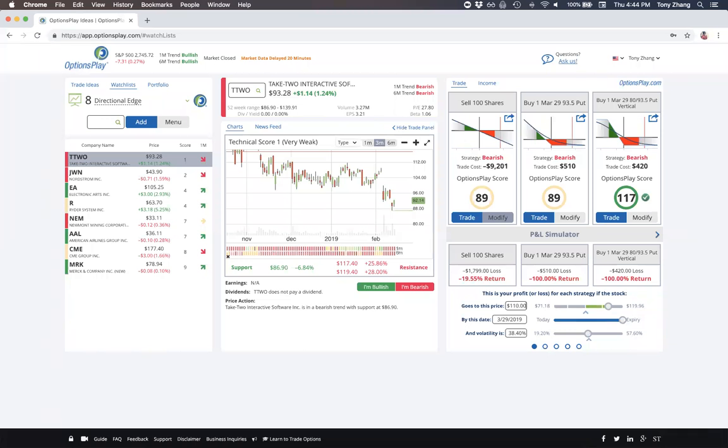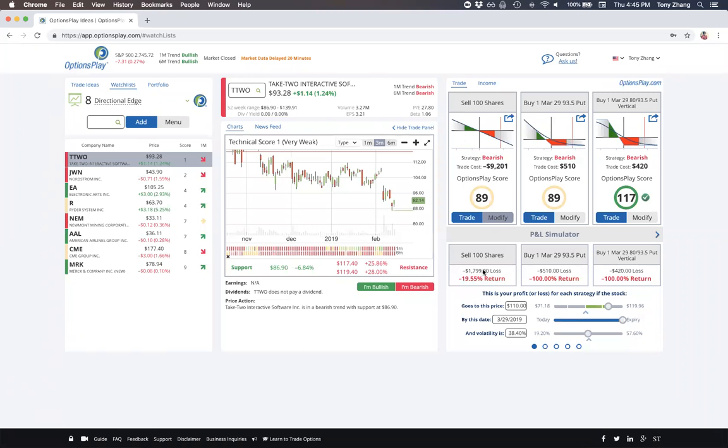How much money are you risking? That's really a key indication of options, is understanding not only how much money do you make if you're right, but more importantly, how much money do you lose if you're wrong. If you shorted that stock, you'd lose $1,800. And that doesn't even consider the fact that you have to put up a substantial amount of capital to short